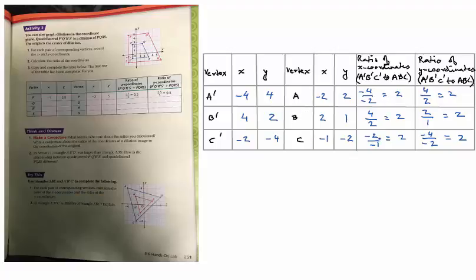Now for part 2, is triangle A prime, B prime, C prime a dilation of triangle ABC? Yes, indeed. The larger triangle is a dilation of the smaller triangle, because the dilation factor, this is what we call the dilation factor, this ratio, is constant, that's 2. So we could say yes,